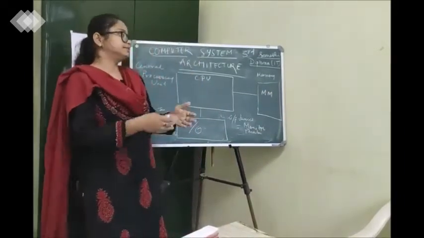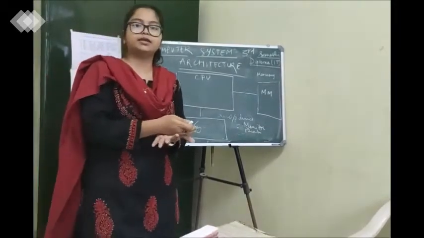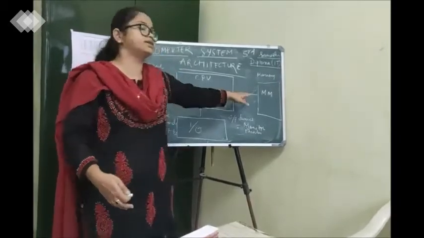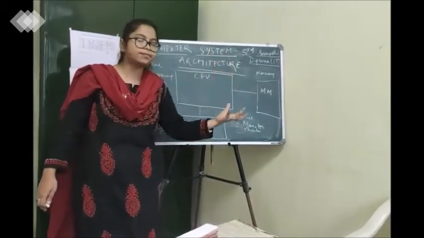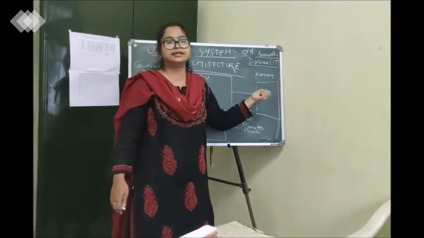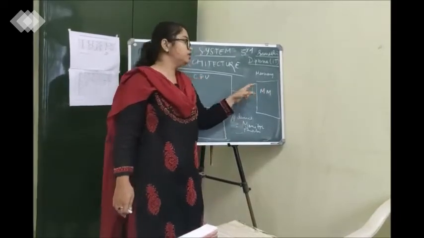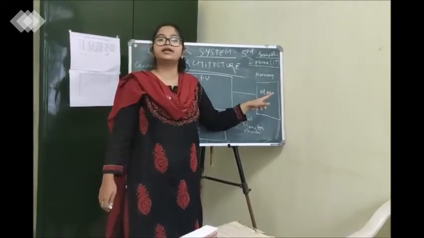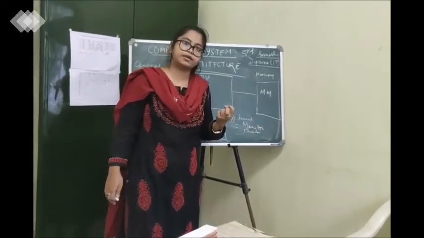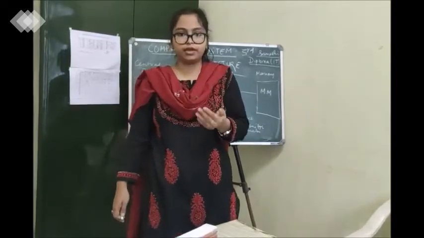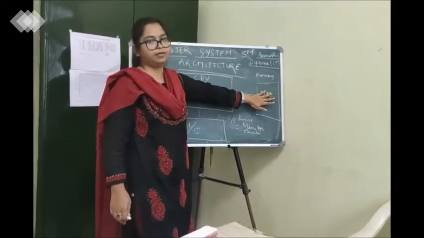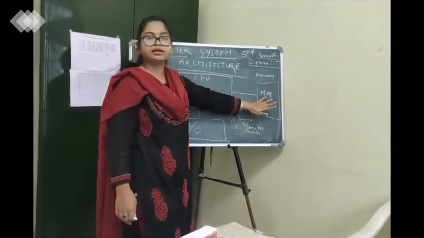Why? See, the thing is, to process something, the data or the input on which the processing is being carried out has to be present in main memory. If the data is not present in main memory, the CPU cannot access the data for processing. So one of the important characteristics you have to remember is that without getting the data into main memory, we cannot process it. So what is the major characteristic? You have to have the data stored in main memory for processing. Okay, am I clear to everyone?